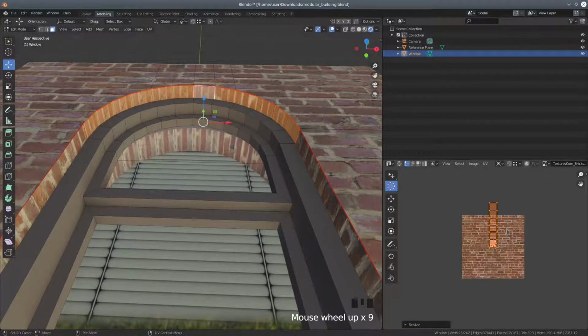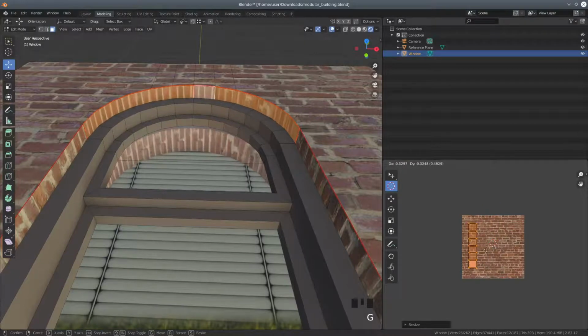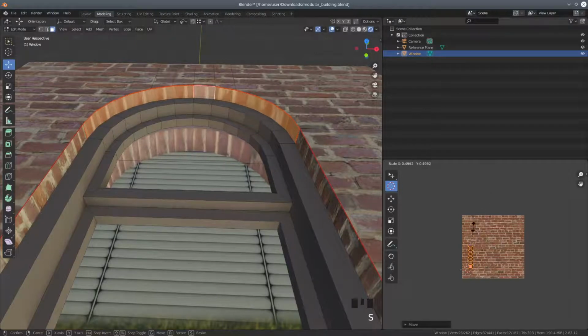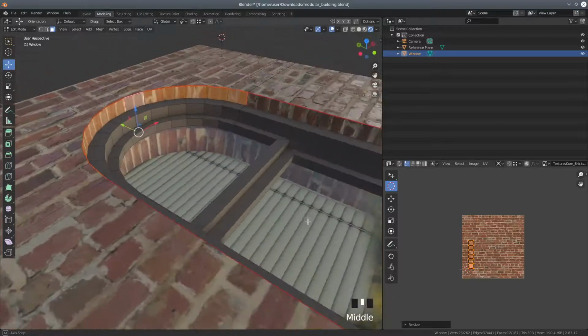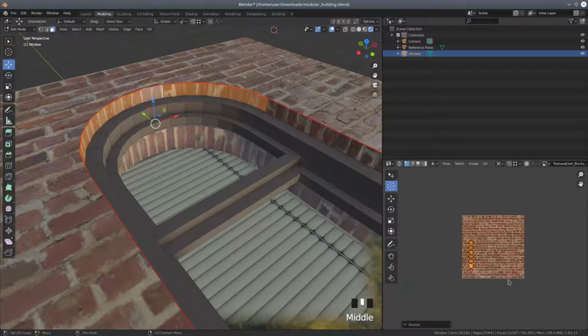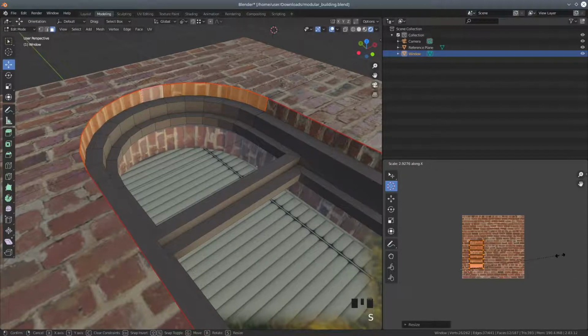Let's just move those onto somewhere handy. We can scale it a bit more. Let's just tweak where our cursor is. So scale it down a bit more. I'm just going to try and get it so that the brick size is roughly the same size. And we need to scale it in the X direction, I think. So let's try scale X. So we're just trying to match it, roughly speaking,